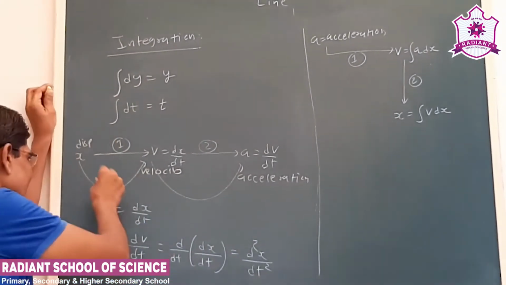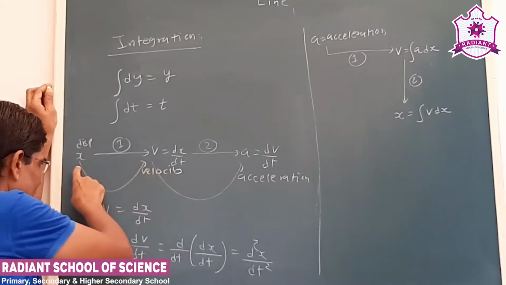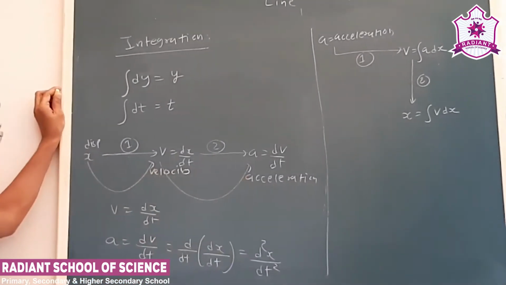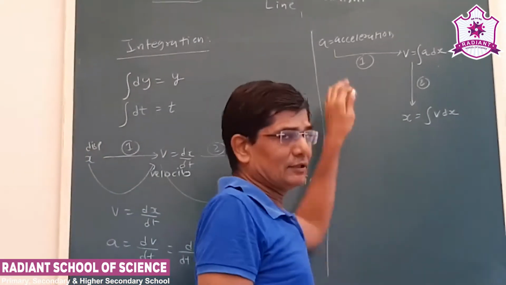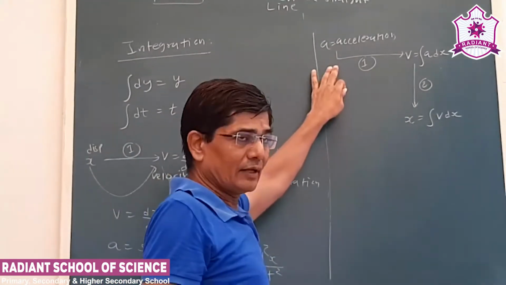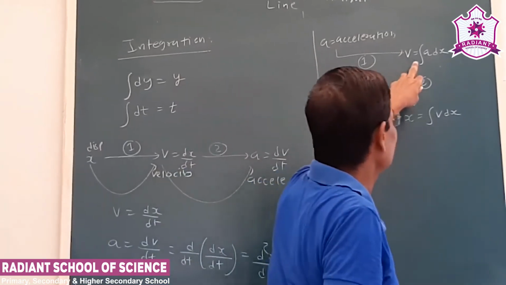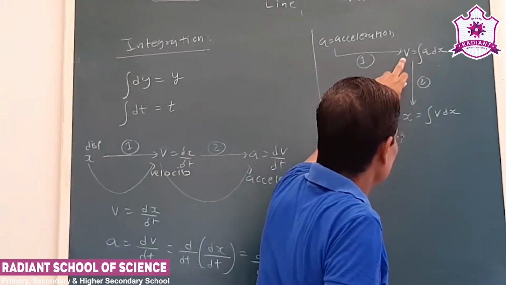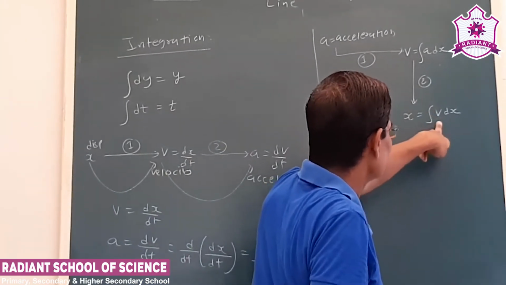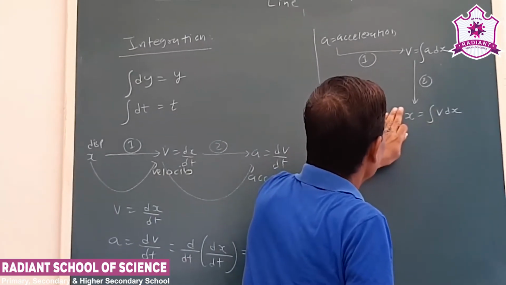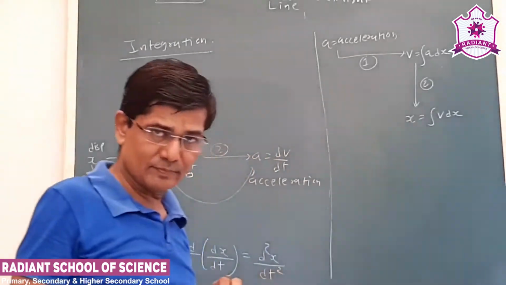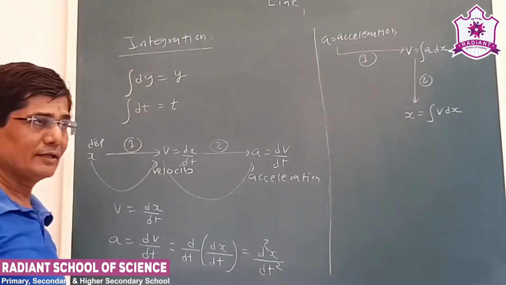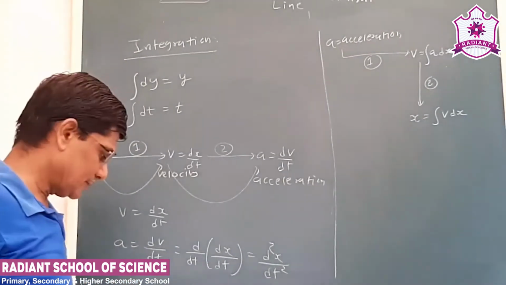Whenever we take the differentiation of displacement with time, we get velocity. If we take differentiation again, we get acceleration. Here in integration it is opposite. If acceleration is given and we take the integration the first time, that will give the velocity. If we take integration of the equation of velocity, then we get displacement. So basically integration and derivative are opposite processes.